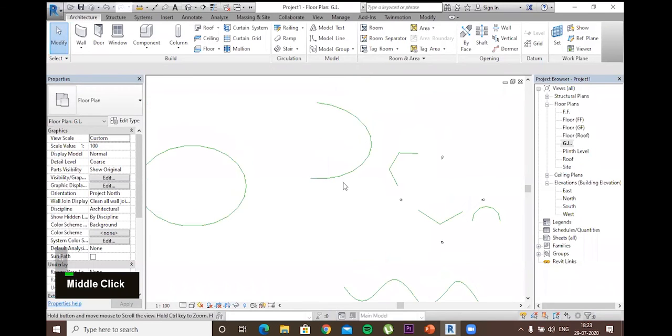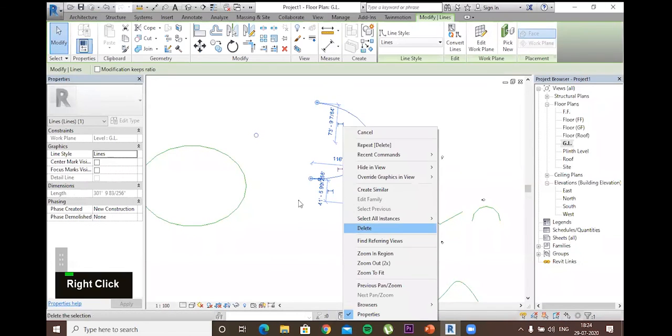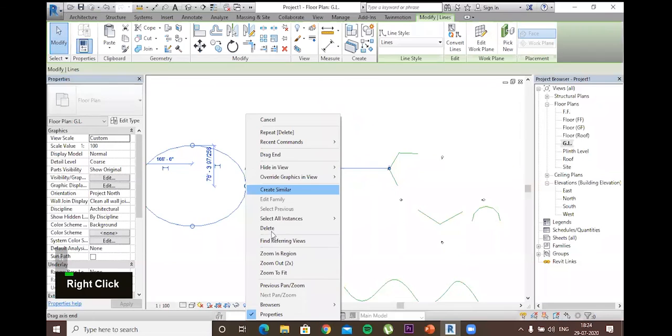So if I am dragging and creating a box from left to right, and I'm not covering the whole element, it will not get selected. But similarly, if I do that from right to left with a dotted line, even if a part of that element is under my dotted boundary, it will get selected. So it makes it very handy at times.